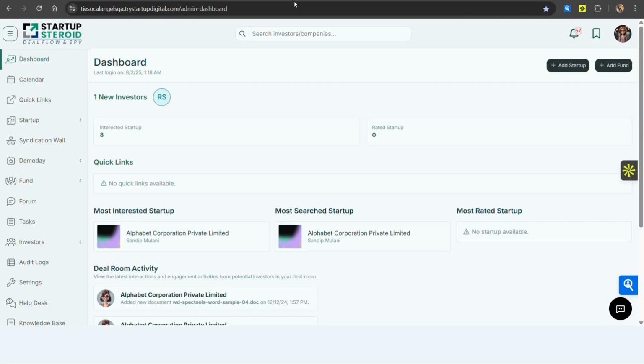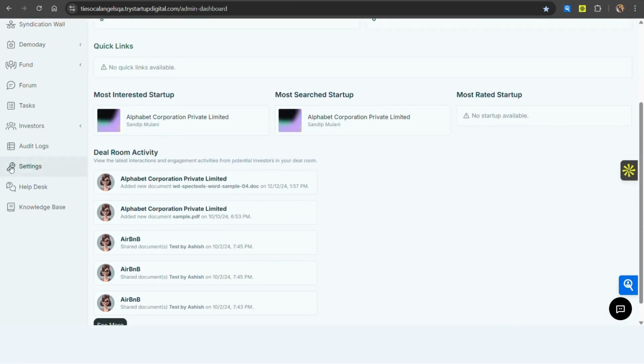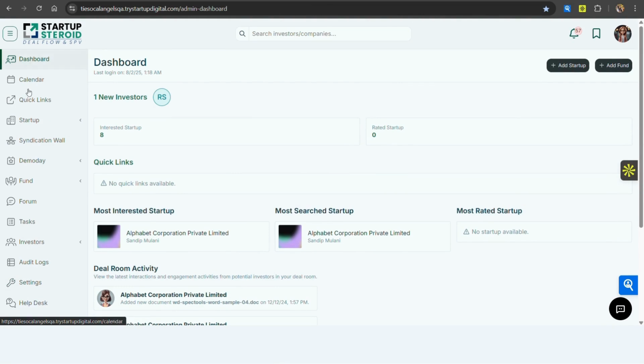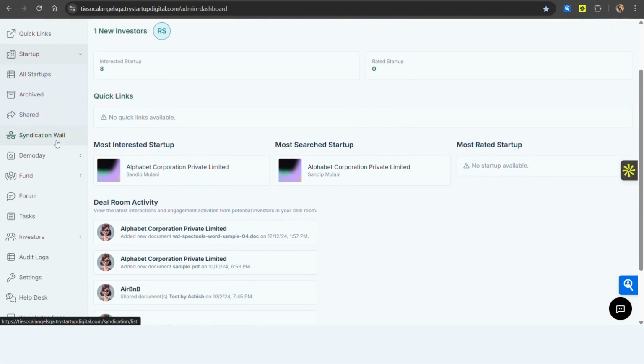Hi group admins. In the first video, we learned about how to set up your own white label. Along with that, we learned about settings, and then we also discussed a little bit on how the dashboards work. Along with that, how the startups work. Now going forward, I'm going to move to the section of fund management.